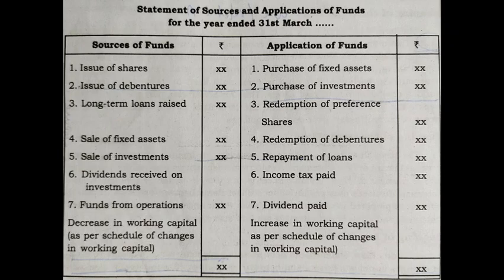Next one, issue of debentures. Same case. When debentures are issued, you are raising capital. How do you earn capital? By earning cash. It doesn't matter whether it is a credit transaction or a sort of lending or borrowing, you just remember the concept: whether the transaction led to increase in cash balance or not. So issue of debentures is considered as a source.